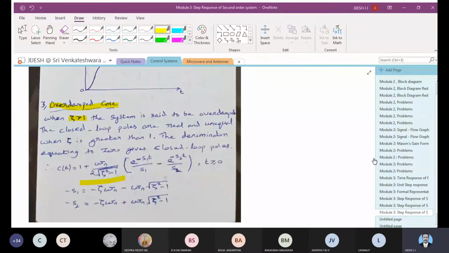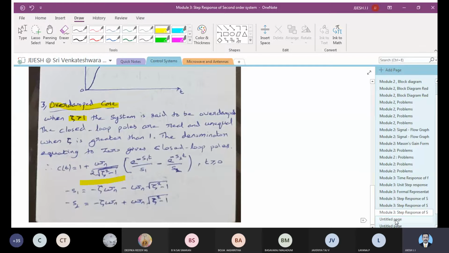Have you completed that? Yes, sir. Okay. So we have been studying underdamped, undamped, critically damped and overdamped, and this is all based on the value of zeta. If all of you have completed these equations, we will move on to the next portion. Just some more time if someone has not completed.